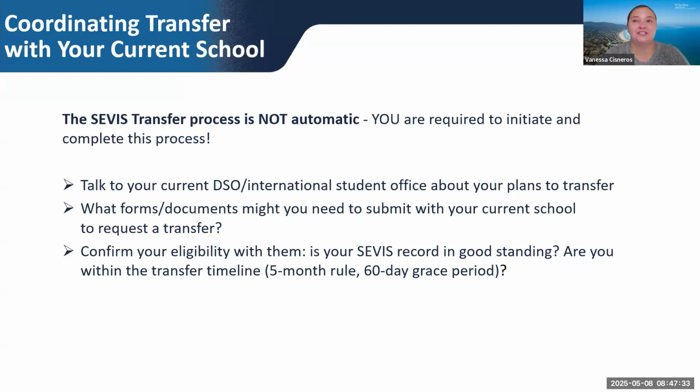just so you're prepared to ask very specific questions. When you talk to your DSO or International Office, it's also a good idea to check your eligibility with them. Remember that you should have already done the work of step 1 ahead of time to determine that you are eligible for the SEVIS transfer. But it is a great idea to check your understanding of your eligibility with your current school, especially if you have questions about it. So for example, it might be, can you please help me confirm my program end date? Is it X, Y, and Z? So that way you understand your grace period to understand your eligibility.